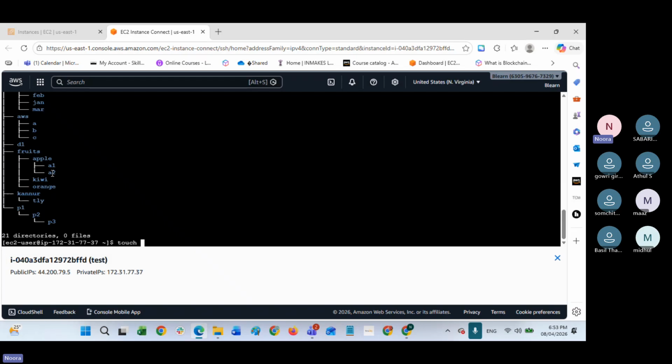Do you know what the touch command is doing? It creates a file. Can anybody tell me what this is going to do? Look at the above. What is this going to do? touch space